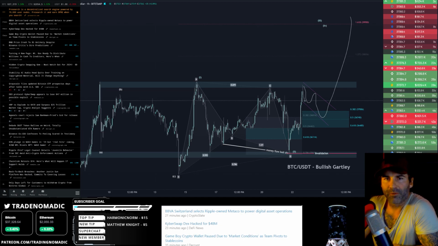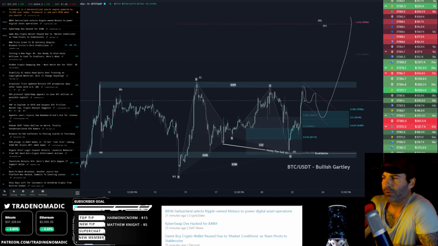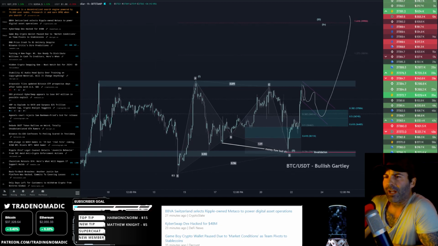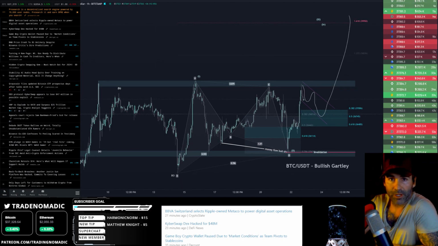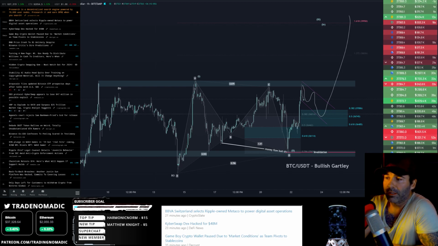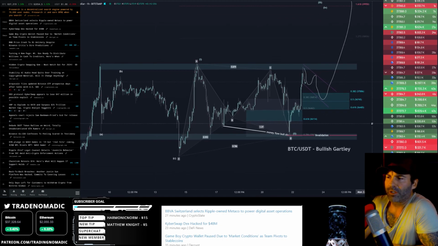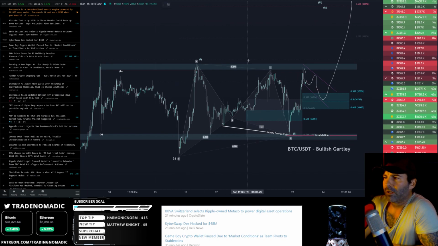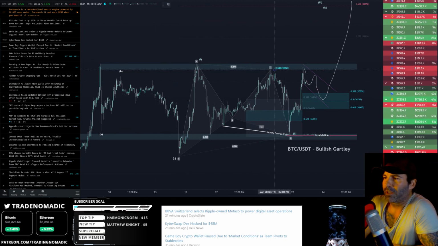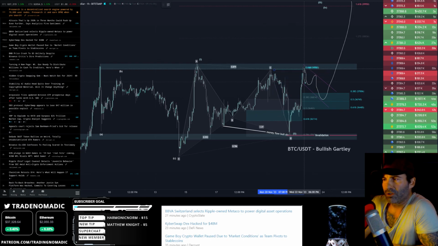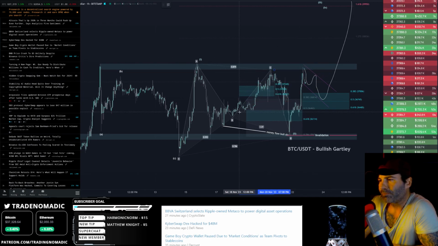Obviously, the higher time frames have a lot more room to wiggle down if we did get a deeper correction. And I've said on Twitter, at Trade Nomadic, my lower target, if we did get a move lower from here, would have been, I think, 34,200. That would have given you an extension lower from here. But the thing is, this new wave up has made a higher high than C.